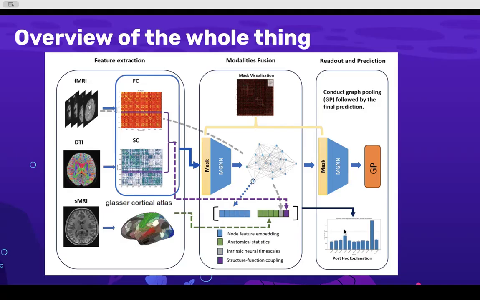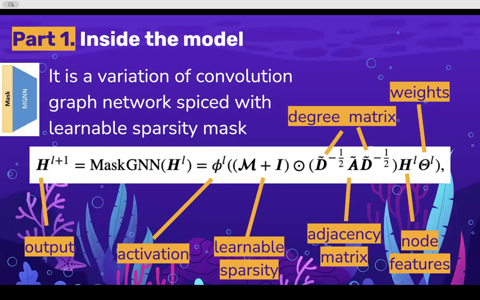So let's start with reviewing how the model works, and then we will get to how they inject the data and feature engineer new features. And then we will take a look at the results. So let's start with the model. You saw these blocks on the previous picture. It's the main layer of their model. It's a graph